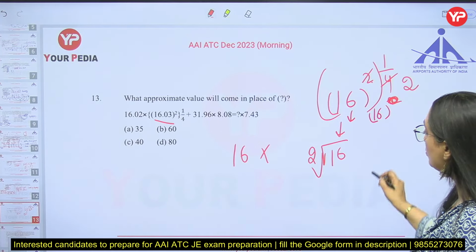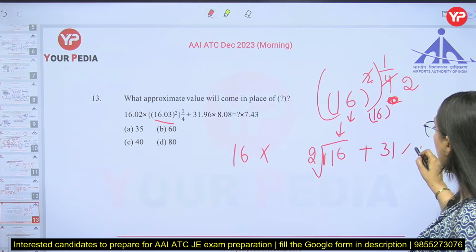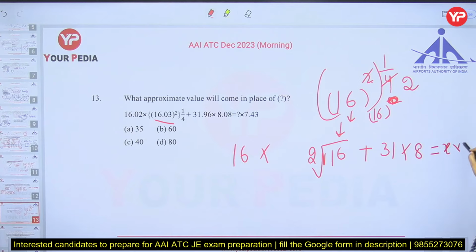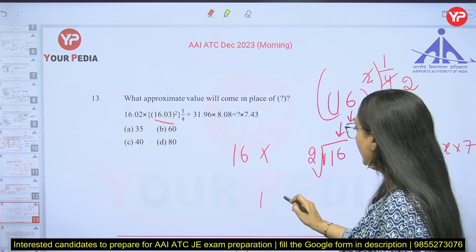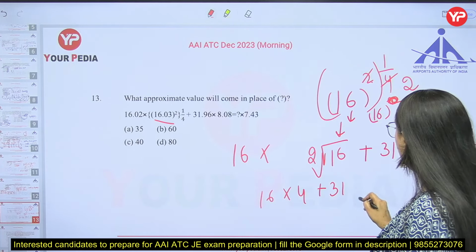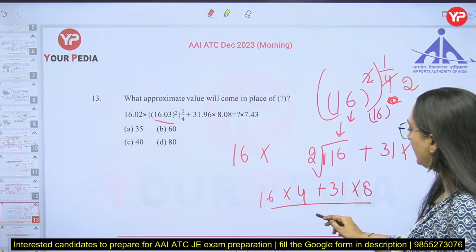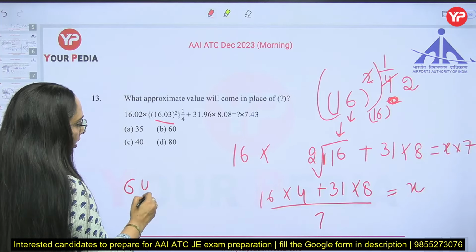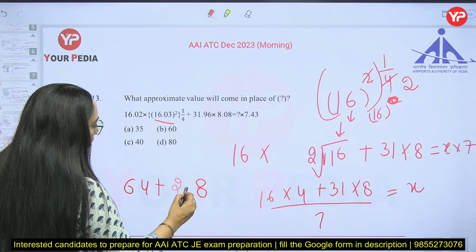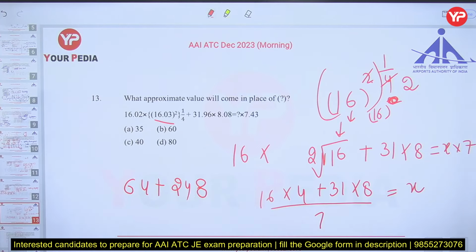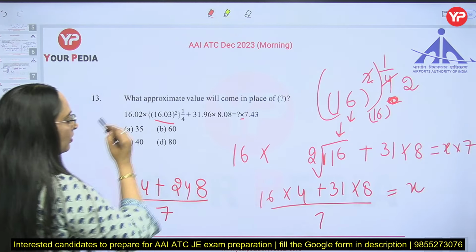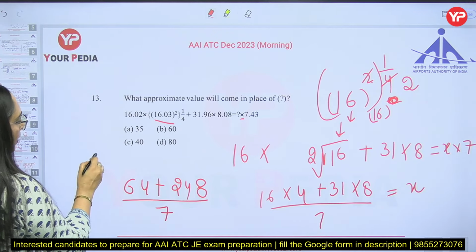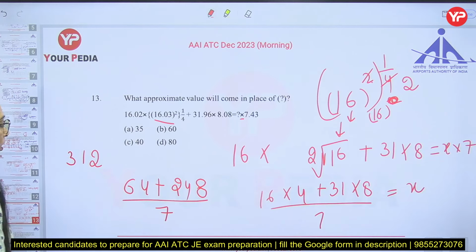So 16 root 2 plus 31 into 8 is equal to x into 7, like this. Okay. So 16 into 4 plus 31 into 8, then divide with 7, is equal to x. 16 into 4 is 64 plus 31 into 8, that is 248. 8 ones are 8, 8 threes are 24, and then divide with 7. Because multiplication is there. So 64, that is 2, 1, 3, 1, 2. When we divide 312 with 7,